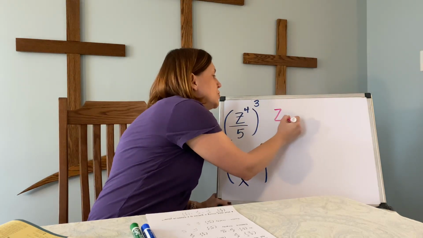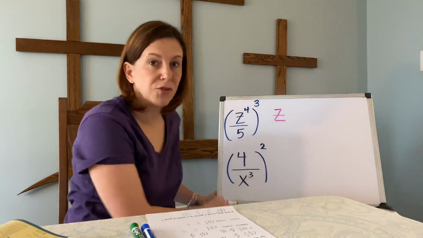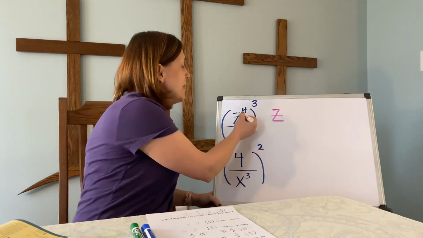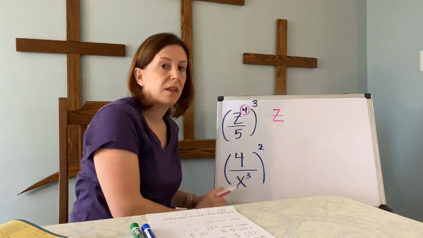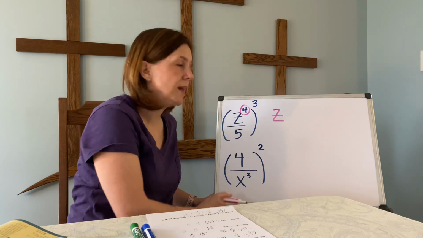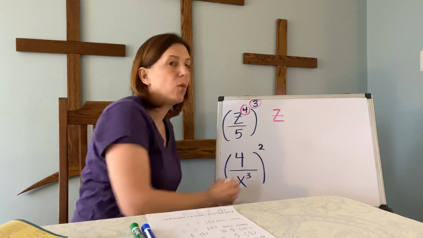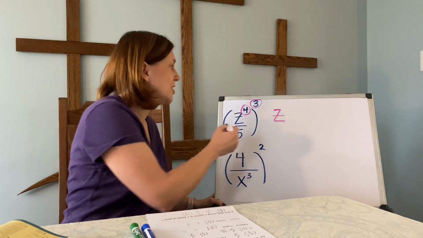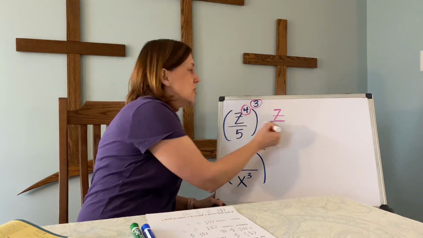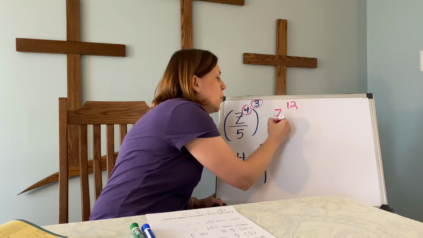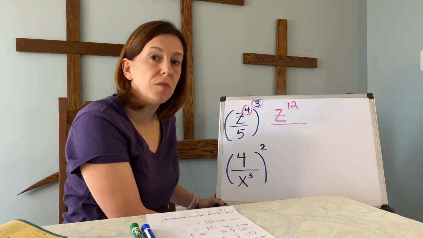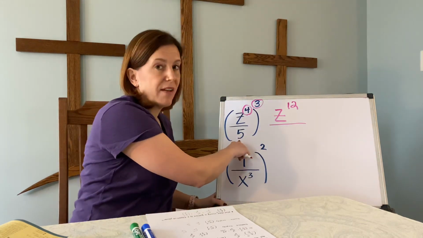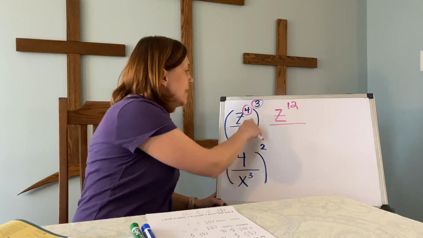So we need to remember the other properties that we've also been learning here. If I already have a power inside the quantity and I'm raising a power to a power, I need to remember that rule from a few days ago, and I'm going to multiply those. So I get z to the 12th as my new numerator. In the bottom, I just have the number 5. So 5 cubed